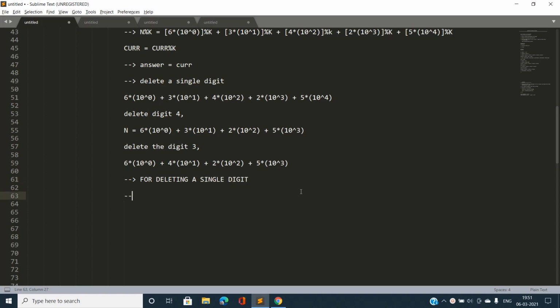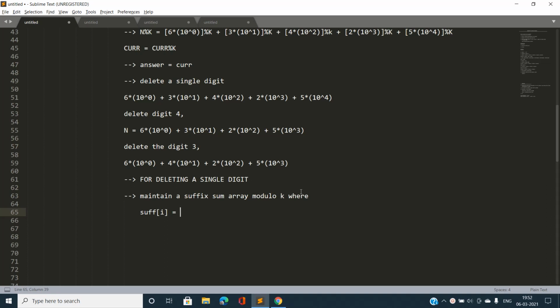Maintain a suffix sum array modulo k, where suffix of I is going to denote, in a clear way, first I'm going to initialize suffix for every index I.